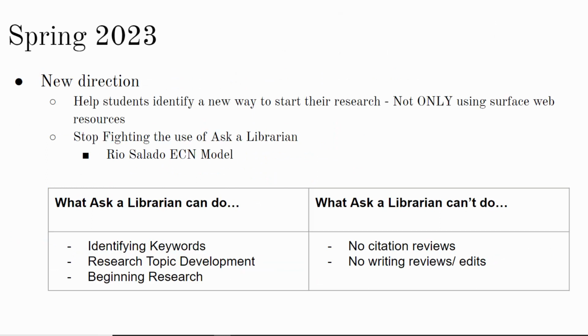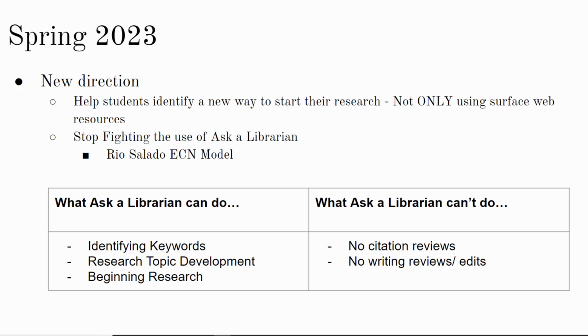I think it's really powerful to have more communication with the students, being able to have a dialogue back and forth about their research topics and questions. I noticed that some students were having difficulty just getting started, or were waiting until the last minute. And also, I didn't want to continue to fight this battle of using Ask a Librarian.